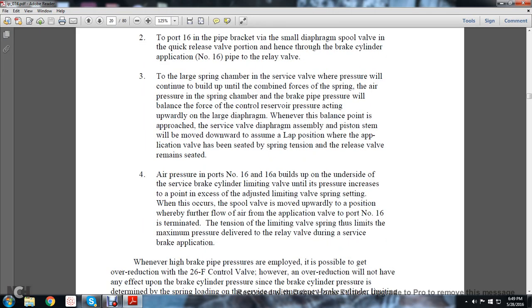3. To the large spring chamber in the service valve, where the pressure will continue to build up. The combined forces of the spring and the air pressure in the spring chamber, with the brake pipe pressure, will balance the force of the control reserve pressure acting upward on the large diaphragm. When there is a balanced position, the valve diaphragm assembly with the piston stem will move downward to assume the lap position where the application valve